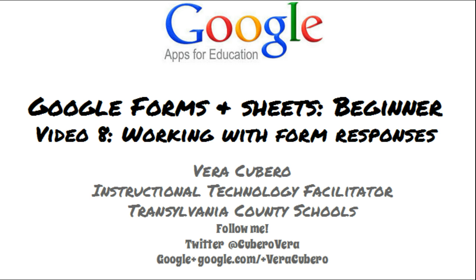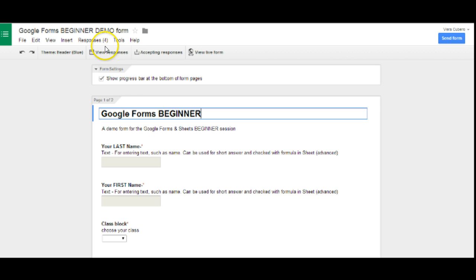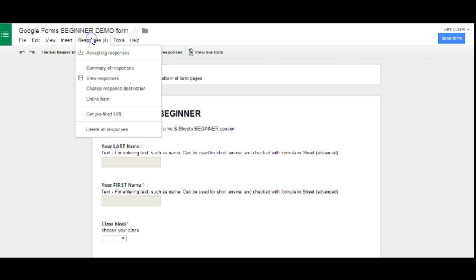So let's get started. Okay, here I am back on my form where we've been before, and this is one way that you can find your responses sheet. Up here you have a tab that says View Responses. You have another tab that tells you how many people have responded, and either one of those will give you a link to view your responses. So I'm going to go ahead and click on that in a minute and take you into the responses, but